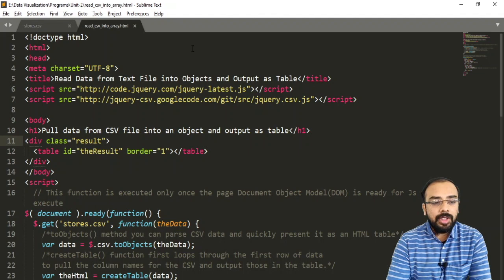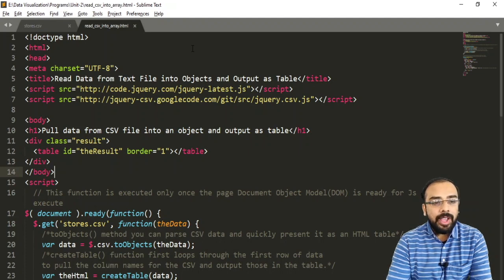Inside this particular div, as I want to display it inside the table, so I have taken the table tag and I have given the ID to this table which is named as the result. And to make it more visible, I have given the border of this particular table as 1 by using the attribute border is equal to 1. Then I have ended my table tag, I have ended my div, and I have ended my body section.